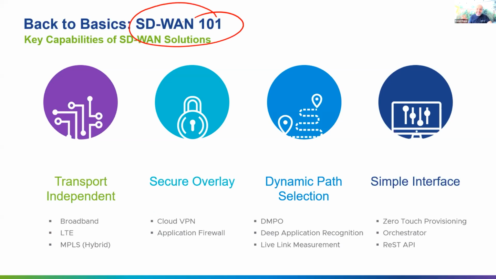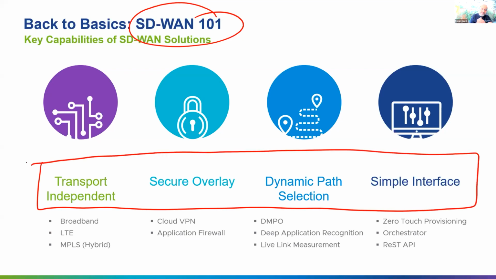What is SD-WAN? Any SD-WAN solution should have at least these 4 key capabilities. What SD-WAN says is, with the SD-WAN solution, you should be able to leverage any circuit. What it means is, there is no restriction on using that. It's not that you cannot use a public internet or an LTE circuit. No, you should be able to use broadband, private circuits, LTE circuits, any kind of circuits. You can connect to your SD-WAN edge device, and you can send your user traffic. That's where that transport independence comes into play.